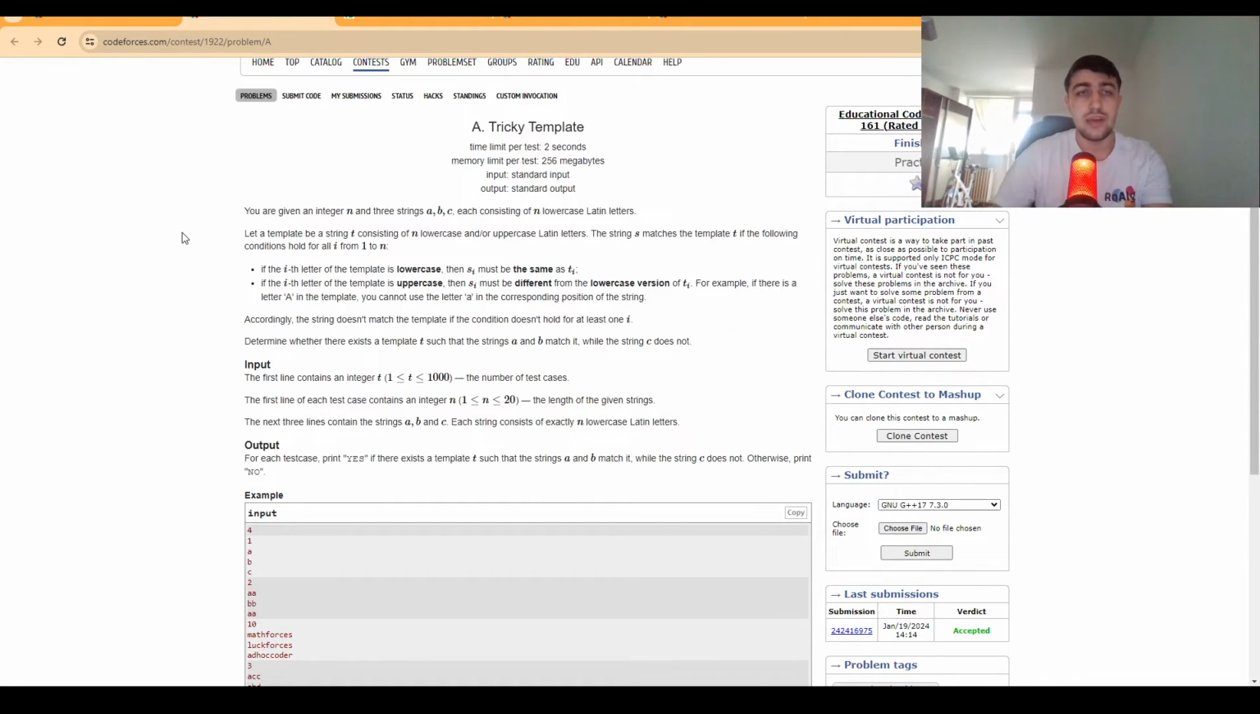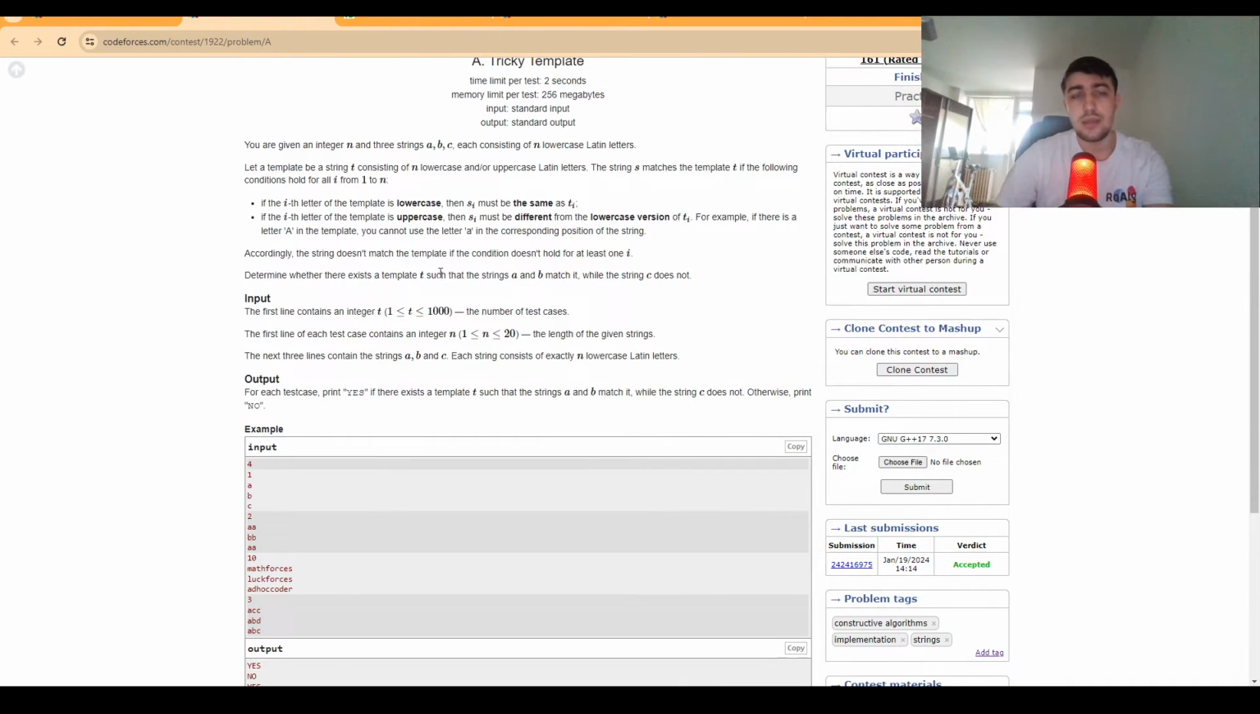So here we have 3 strings and we have this definition of a template. And basically we know that if the template has a lowercase letter, the letters must be the same. Otherwise they must be different from the lowercase version. So A uppercase and A lowercase can't be together in this case. So we now want to find if there is a template such that A and B match with it while